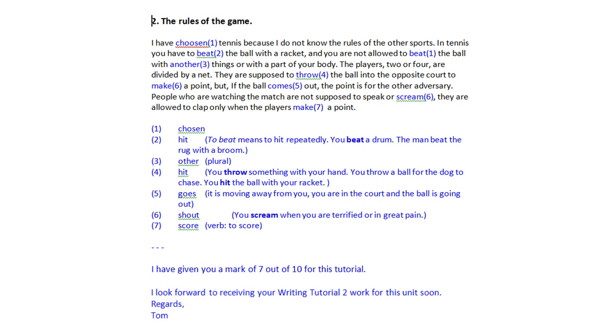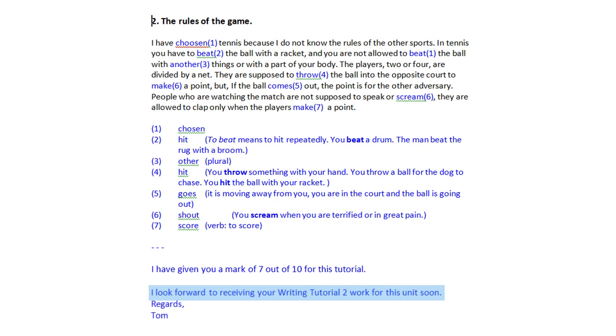Also, the tutor doesn't correct everything. He has been selective in what he has commented on, choosing things that are relevant to this unit and the student's level, and has given clear examples and explanations when necessary. If the tutor corrects everything, it can have a negative effect on the student, and also it can be overwhelming, whereas if the feedback is focused and relevant, it gives the student a clear, manageable amount of information. Then at the end, the tutor gives a mark out of 10 as this is a Writing Tutorial 1 task, and then a comment on what the student has to do next, in this case the Writing Tutorial 2 task